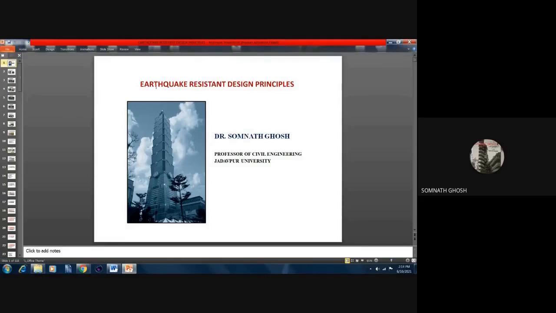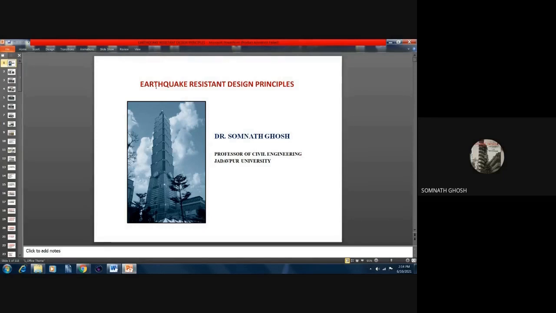Today I'll be discussing earthquake resistant design principles. I could have just said earthquake resistant design. I could have just omitted the term principles. No,